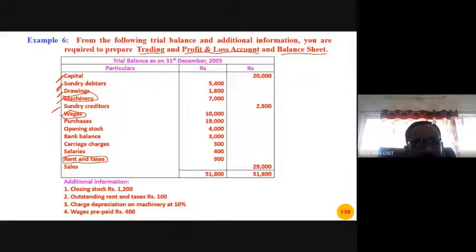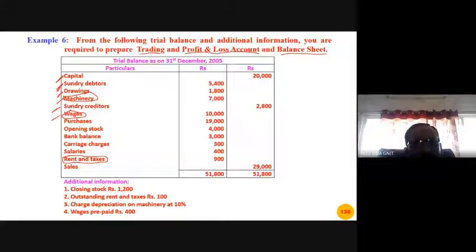Wages. Wages has the adjustment. It is rounded off, you know. Yes, you can find it has the adjustment, so it is to be shown in the inner column first of all. Wages means what? It is a direct expenditure. Wages are the remuneration paid to laborers who work in the factory. It relates to factory expenditure. The expenditure incurred until goods are manufactured, production is made, is called direct expenses. Wages, cotton, grease, oil, power, carriage inward, factory supervisor salary, manager salary, factory rent, and so on.